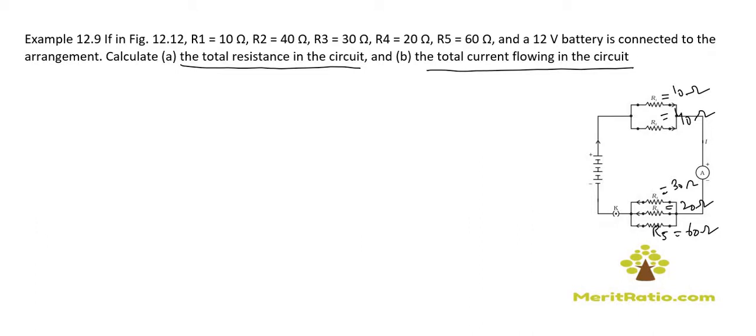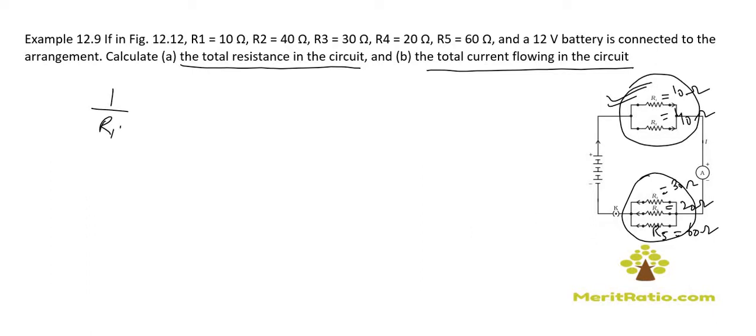For finding the equivalent resistance of this given circuit, we are required to first of all see these two are in parallel and these three are also in parallel. So first of all we are required to find the equivalent resistance of R1 and R2, and then the equivalent resistance of R3, R4 and R5. Separately we calculate the equivalent resistance of R1 and R2, and separately the equivalent resistance of the parallel combination of R3, R4 and R5. So for calculating this we can draw in this manner.